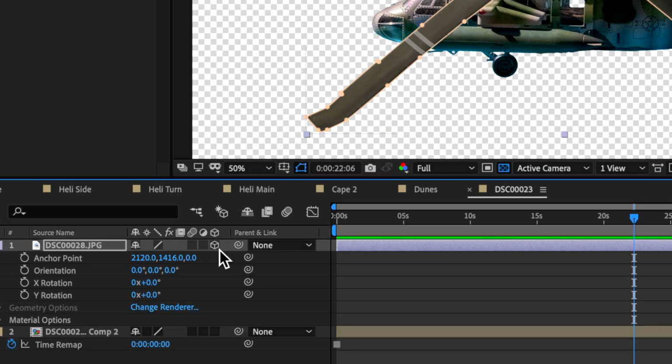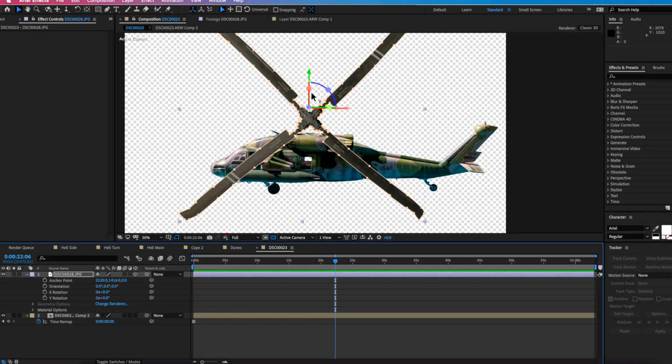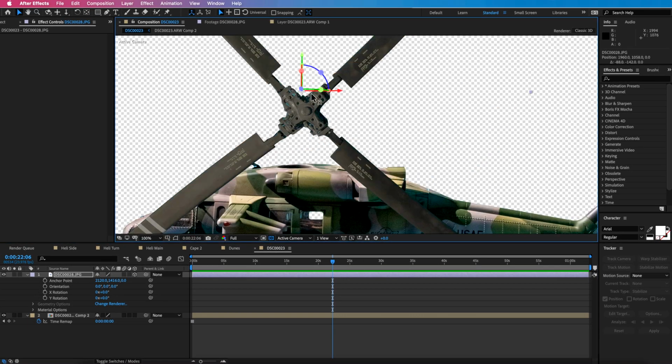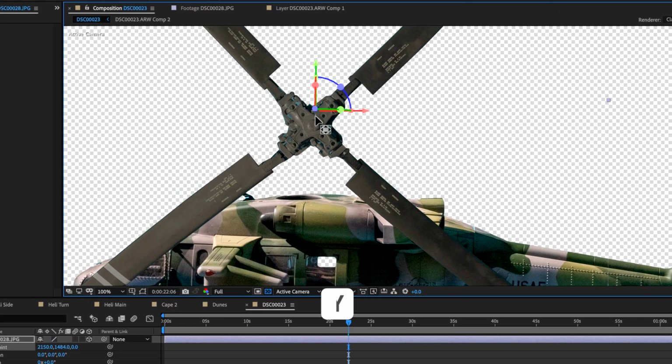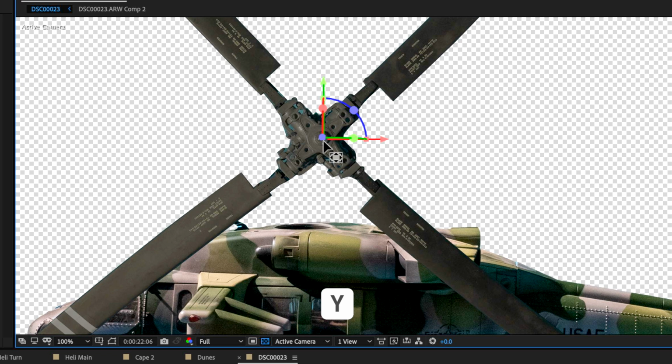Now, because the helicopter's from the side, and these blades are from the top, we need to make them 3D and position them over the top. So we can simply do that by just hitting this button here, which is the 3D button. What we need to do is reposition the center point to be on the top of our blade. So I'm going to hit Y, and I'm going to drag this using the pan behind tool